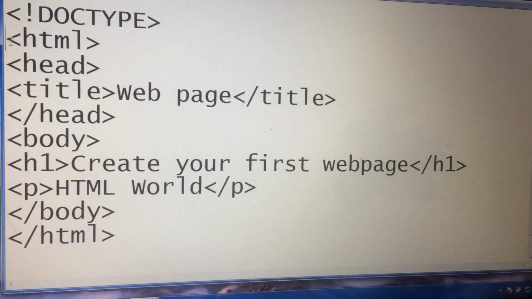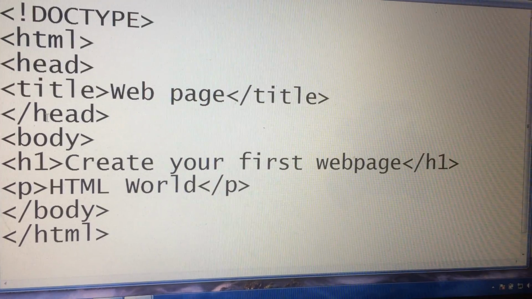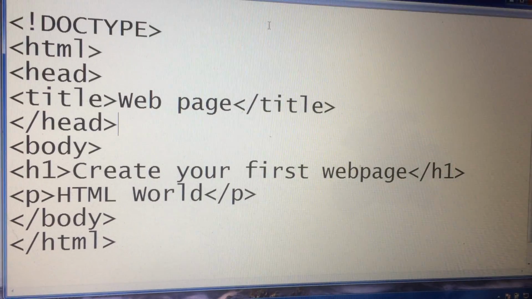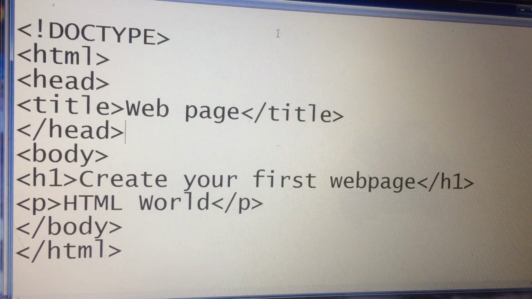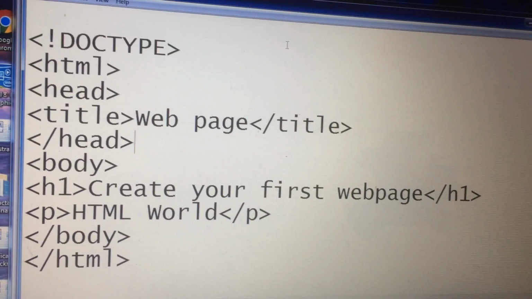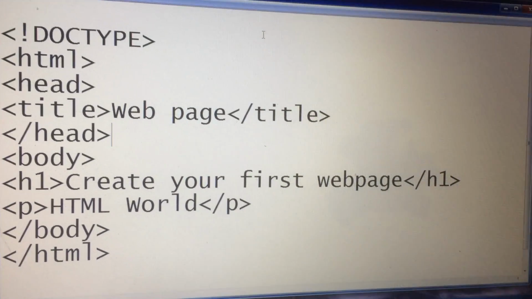Any tag we open should be closed immediately. So what is the doctype tag? It defines the document type, or it instructs the browser about the version of HTML.